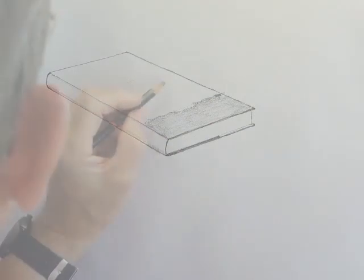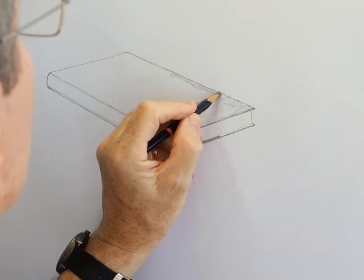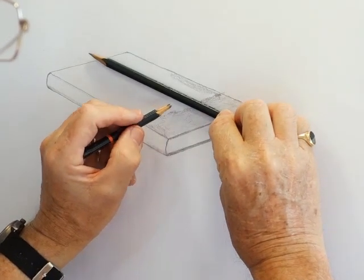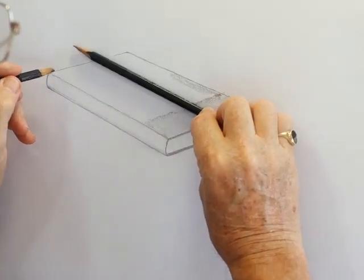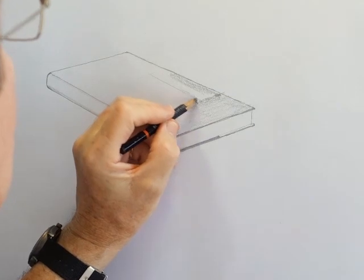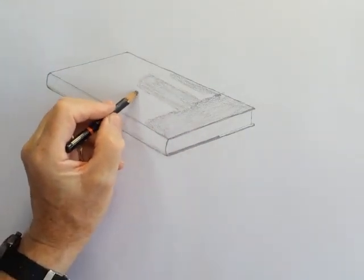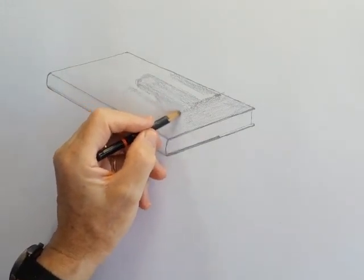And then onto the towers. The tower starts about there, goes down to there, but I need to get these parallel to the edges. So using my pencil, I'll work out the tower's going to be about there. But you see, because of perspective, the two edges have slightly different angles, so you need to compromise between the two. So that's that tower marked in. A bit more high-speed shading. Now I've got one tower drawn, I can just follow the angle of that. For the other tower,